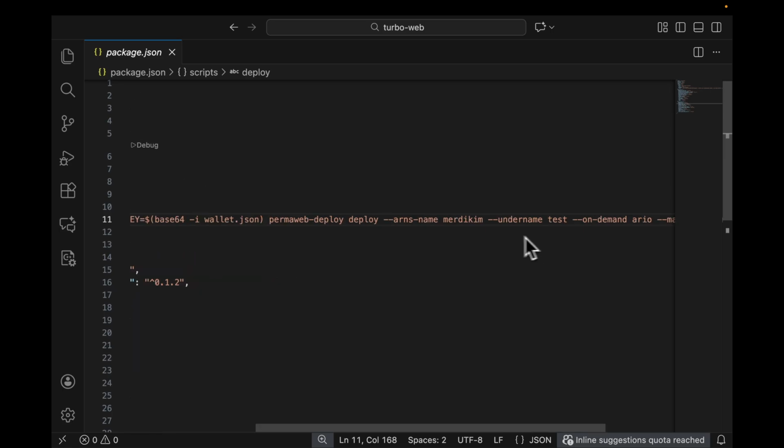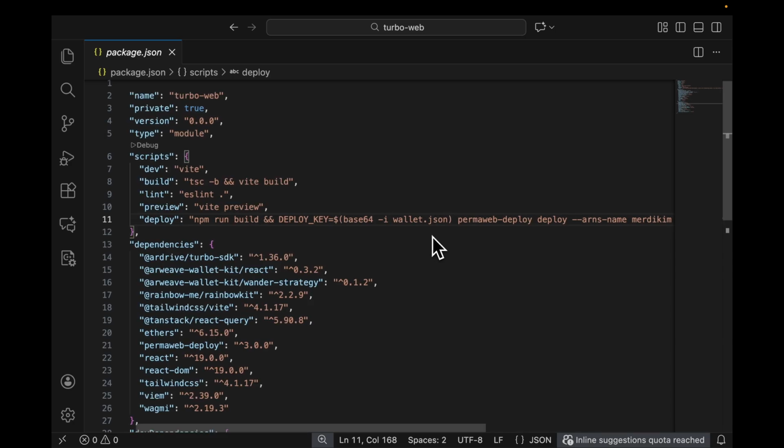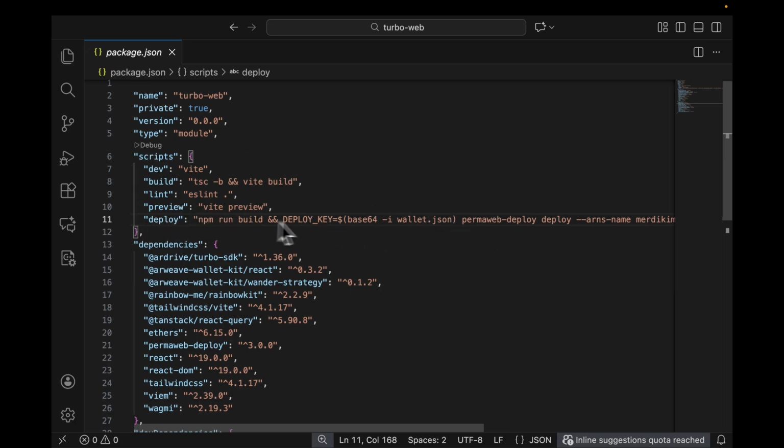But then here, as you can see, you have an ArNS name option. You just add your ArNS option and you add an undername if you want, and everything is just going to work, provided you have Turbo credits or you have something like the on-demand funding. But this is very exciting that you can just have your application. In this case, it's a React app, and then you just do npm run deploy, and this whole script is